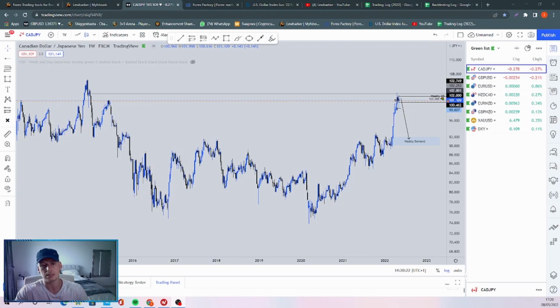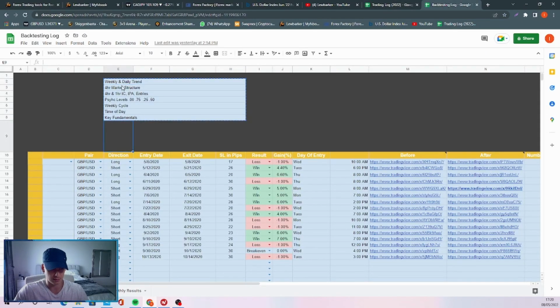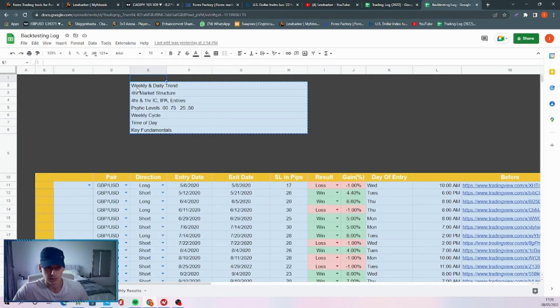Like I said, it's really important you have a trading plan. You try and stick to that plan as much as possible. And part of my plan is doing a top-down analysis, starting with the higher time frames. If I zoom in a little bit, you can see weekly, daily trend, which way is price moving, what does the market structure look like on a 4-hour, looking at 4-hour ICs,